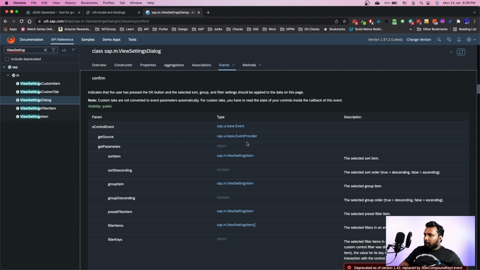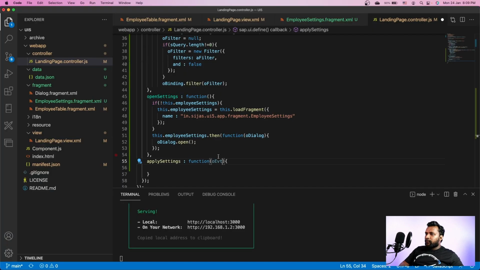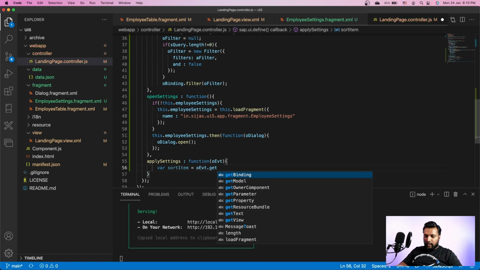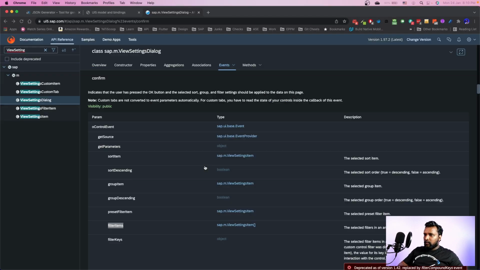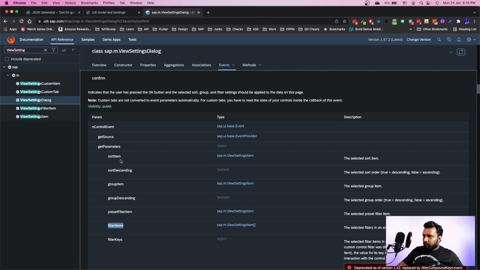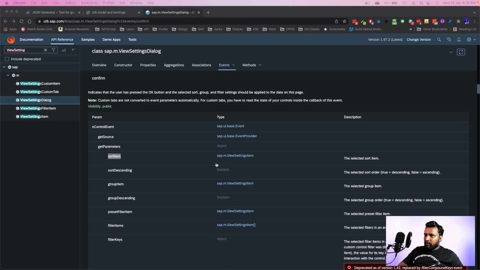You get a parameter of sort item, group item, filter item, etc. So first, let's write var sort item equal to O event dot get parameter sort item. So this will return me the sort item,